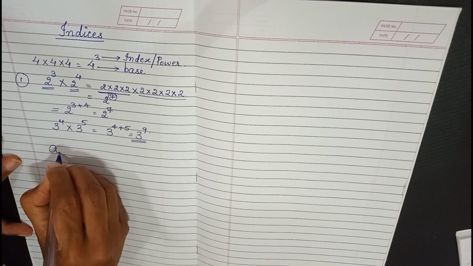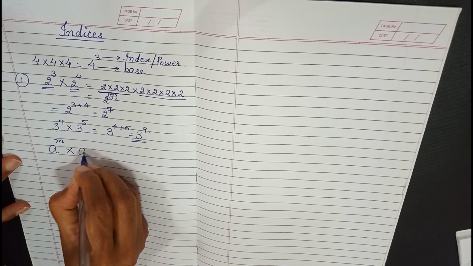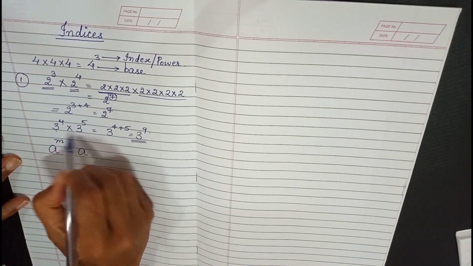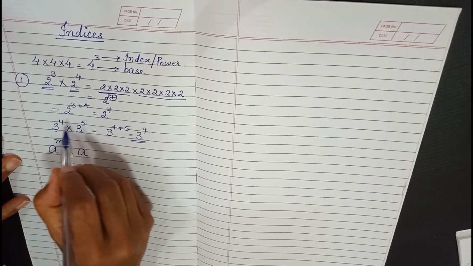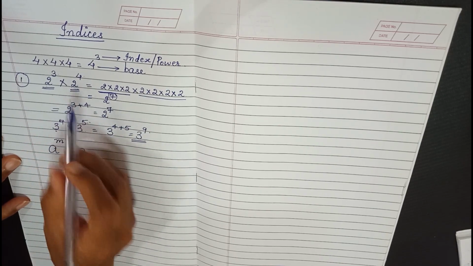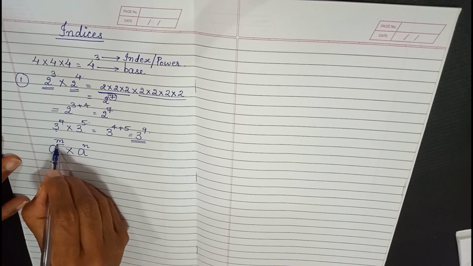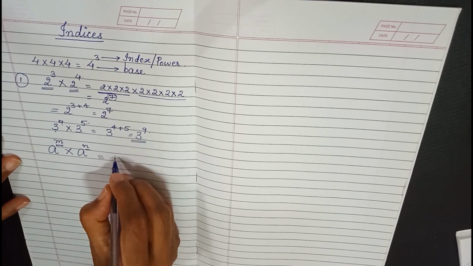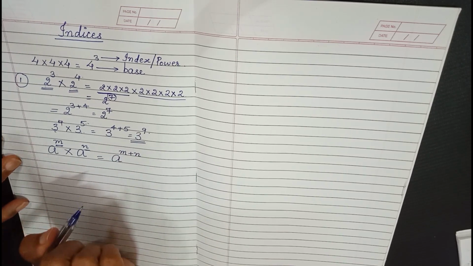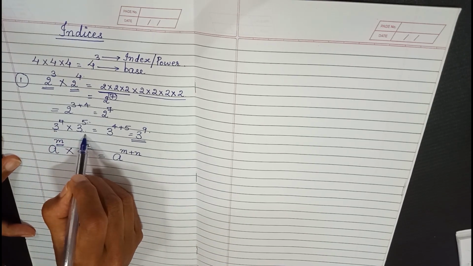For any integer a raised to m, multiplied by the same integer raised to n. Now you should pay attention that here the base is the same. You cannot have two different bases. The power can change, the index can be a different number, but the base has to be the same number. That is why I am using a different variable here. Let us say m is one power and n is the other, then the general rule becomes a raised to m plus n. So I hope you have understood the precaution that we have to take in this case is that the base has to be the same.